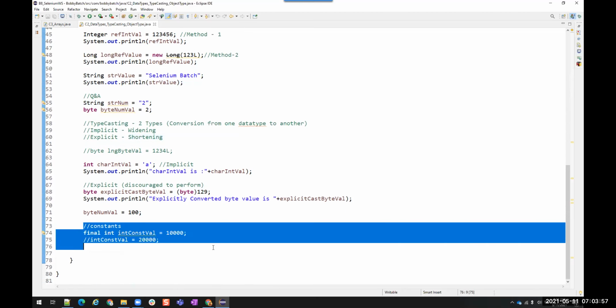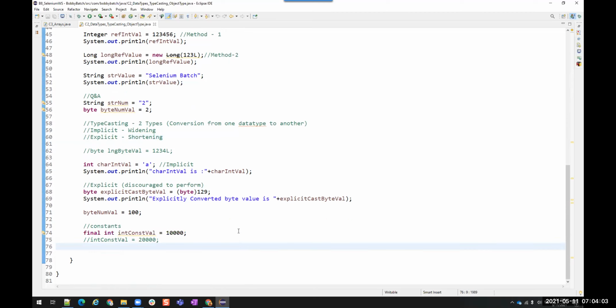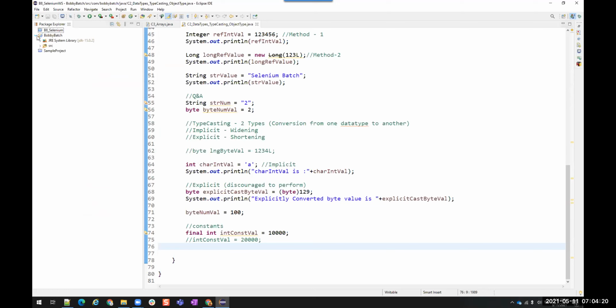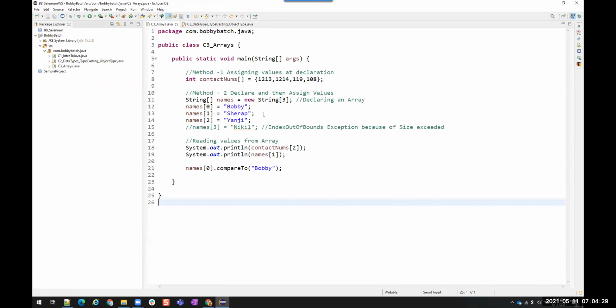And we also learned about the constants and keywords in Java. We have seen the keywords from the Oracle documentation. So those were the things we have learned in our previous session. So are there any questions in previous session? We also learned about basics of array, how to create arrays, how to read the values from arrays. So have you got a chance to look at the video, or have you got a chance to practice?